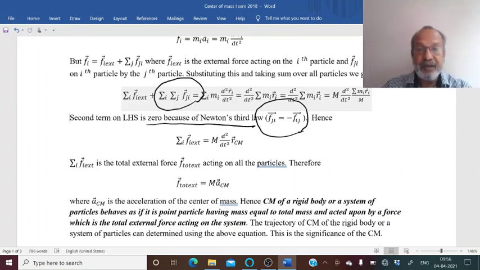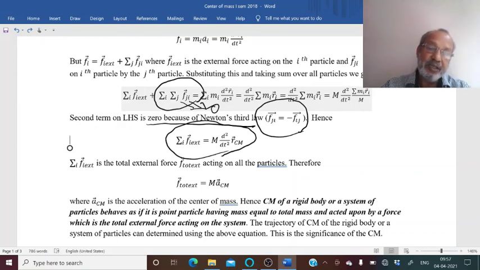For example, if we take F12, then there will be another term F21 that will be minus of the first one. So those terms pairwise will cancel. So if we take a sum over all i and j, then all terms will pairwise cancel, and this will be equal to 0. So the remaining equation becomes sigma i Fi external is equal to total mass into d square RCM by dt square,